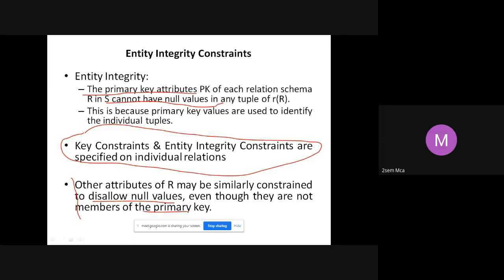When I declare something as a primary key, automatically the not null and unique constraints will be applied. Both will be applied on that attribute. But apart from the primary key also, I can declare certain constraints on certain attributes, even though they are not the primary key. One example is your not null.